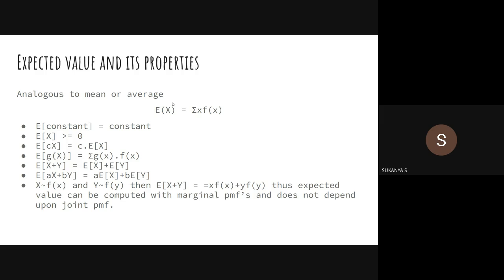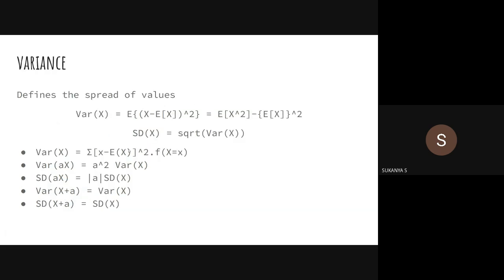So expectation of x is equal to sigma x f of x, and in case of a continuous distribution, it will be integral x f of x. Now these are a few properties of expectation of a variable. Keep in mind, in problems you can actually use such properties. Expectation of cx is equal to c into expectation of x. This may come across. Or this one, expectation of x plus y is equal to expectation of x plus expectation of y, whether x and y are independent or not. This doesn't matter. Such things are useful when we actually do a problem.